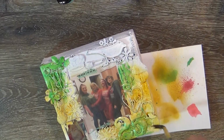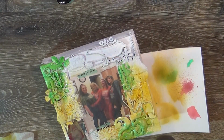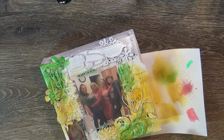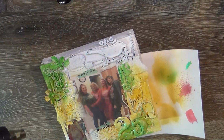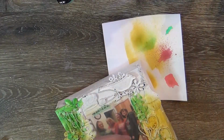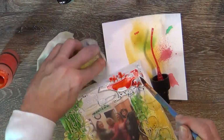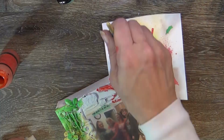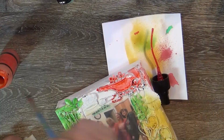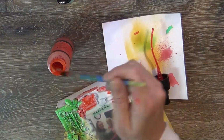So I'm just going to town. Sometimes I'll spray directly on the canvas and just blend that in. Sometimes I'll dip my brush into the bottle if your nozzle's stuck. You're painting here, basically. You're just spraying, painting, drying, spraying, painting, drying. And you can make as many layers as you want, but like I said, it's best to let it dry in between. And you'll get some pooling in between these metal pieces, and that's okay,